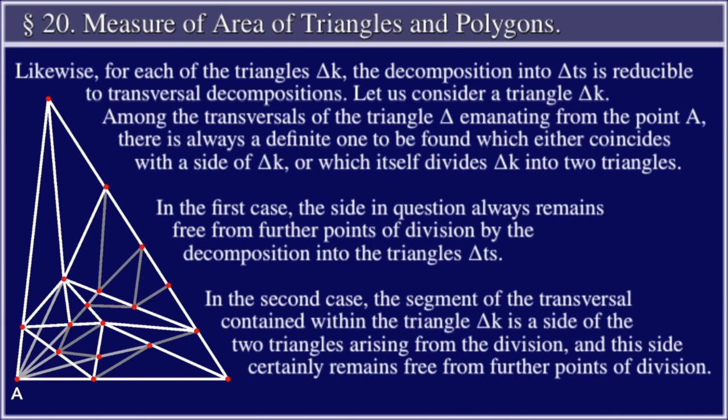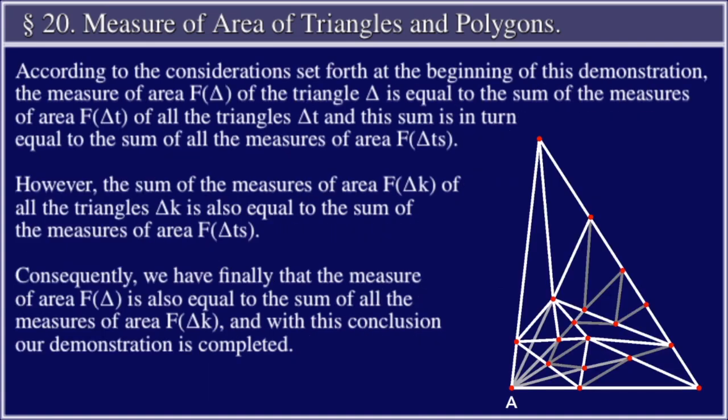triangles delta sub ts. In the second case, the segment of the transversal contained within the triangle delta sub k is a side of the two triangles arising from the division, and this side certainly remains free from further points of division. According to the considerations set forth at the beginning of this demonstration, the measure of area, f of